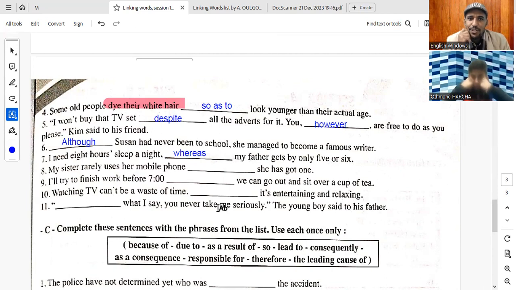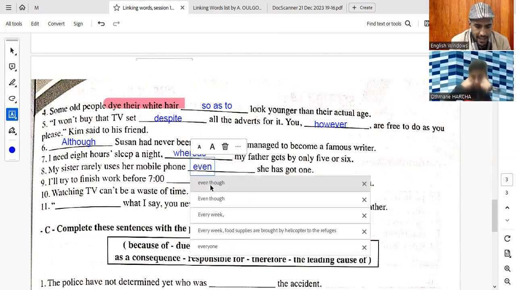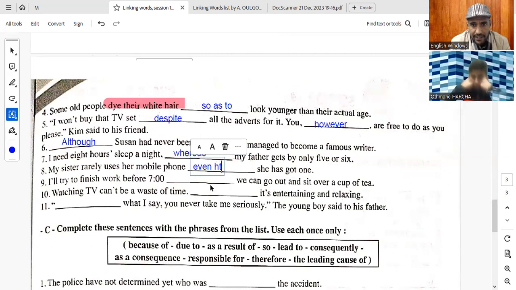My sister rarely uses her mobile phone. ما سور الأخت ديالي قليل فاش كتستعمل الموبايل فون. واخا راه عندها تليفون بعد تماي, right. فكر في هذيك هذه الكونسيشن هذه, right. Even though, voilà, هي اللي قلت لك كنستعملوها في الوسط أكثر. See here, even though she has got one, right. إذا هذه even though كتعبر على نفس المعنى مع although, ولكن although كتجي أساسا في البداية, or even though, right, is mostly used in the middle, right.